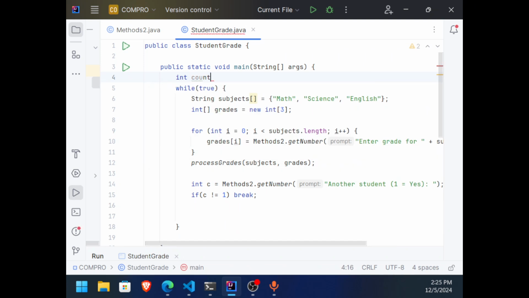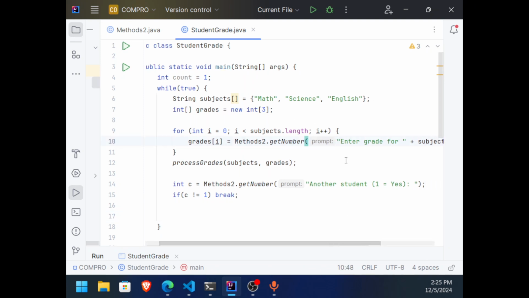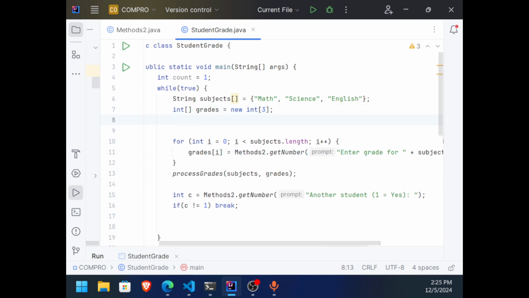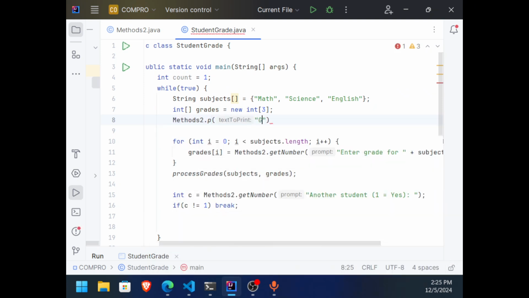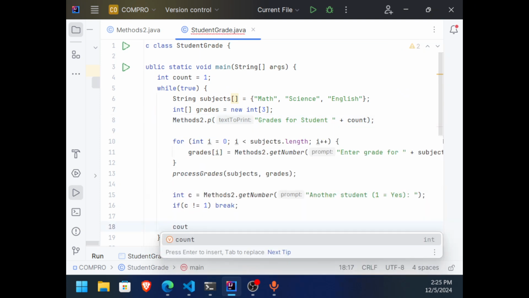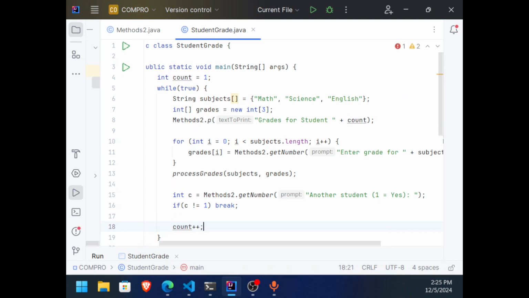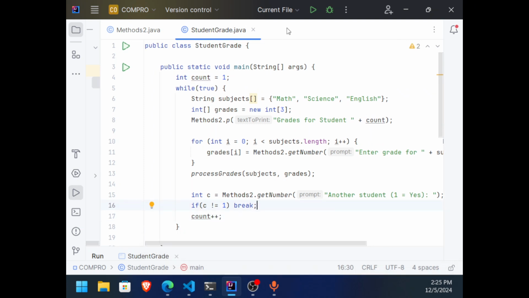Int count, we begin from 1. And then we're going to change this enter grade here. We just have to say methods 2.p. Then we say grades for student plus count. Like that. And do not forget to increment count here. Like that. Okay? I'm going to save that and run it.